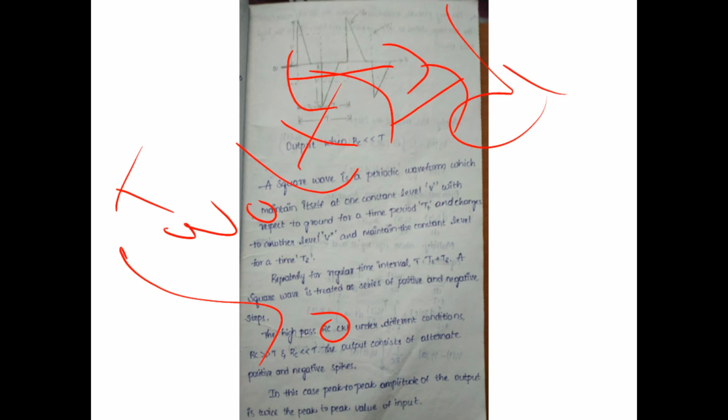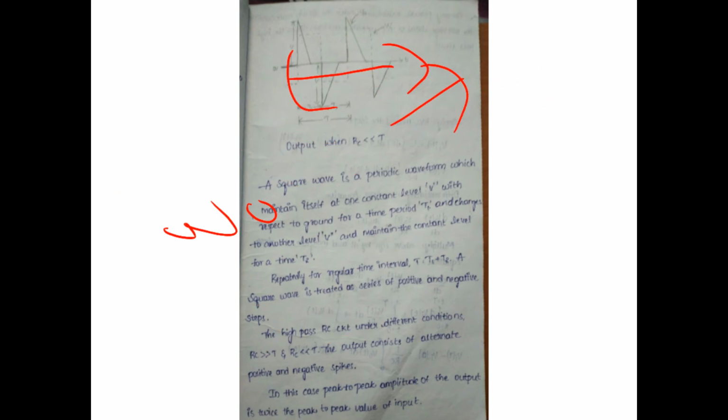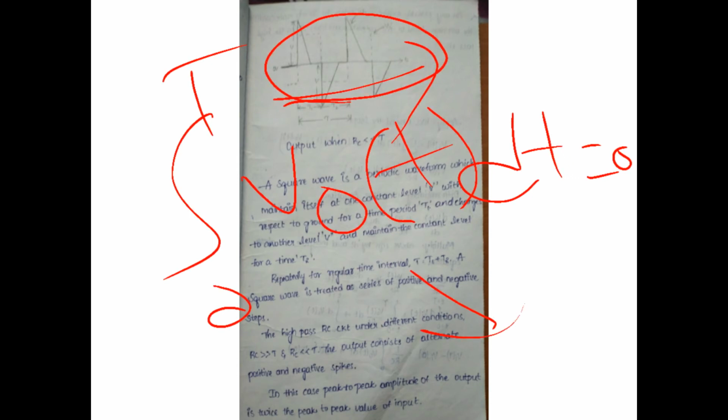This is the V naught: the integral from 0 to 2t of v naught of t dt is equal to 0, and the integral from 0 to t of v naught of t dt is equal to 0. So this equation represents the frequency response of the signal. That means the area under the signal is reduced to 0 level. This is the operation of the square wave input applied to the high pass filter.